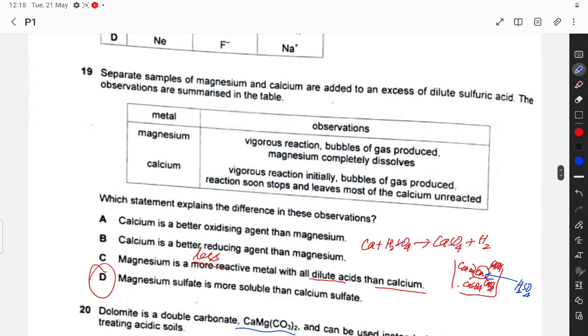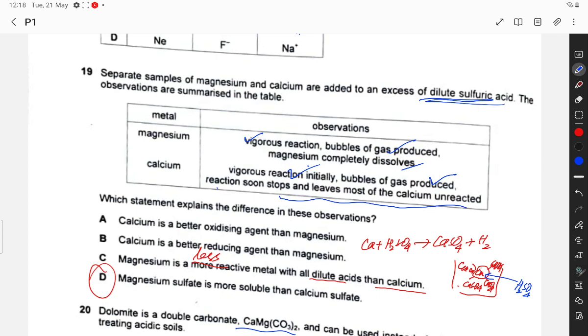Separate samples of magnesium and calcium are added to an excess of dilute sulfuric acid. The observations are summarized in the table. Magnesium: vigorous reaction, yes, bubbles of gas produced. Magnesium completely dissolves. This is correct. Calcium: vigorous reaction, calcium reacts with sulfuric acid, bubbles of gas produced, yes, correct. Soon the reaction stops and leaves most of the calcium unaffected, because a precipitate of calcium sulfate is immediately formed which hinders